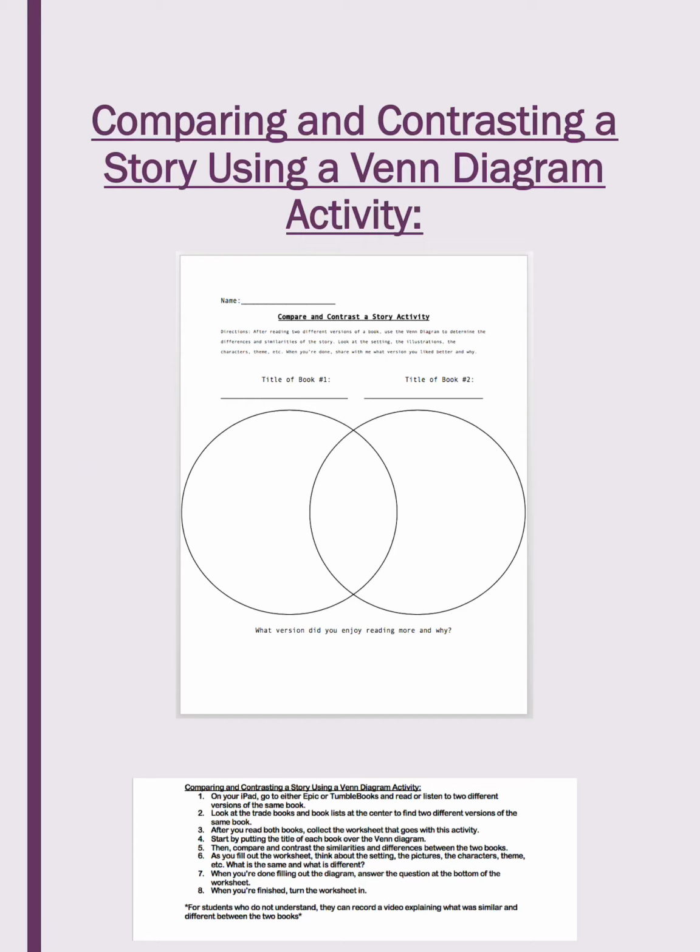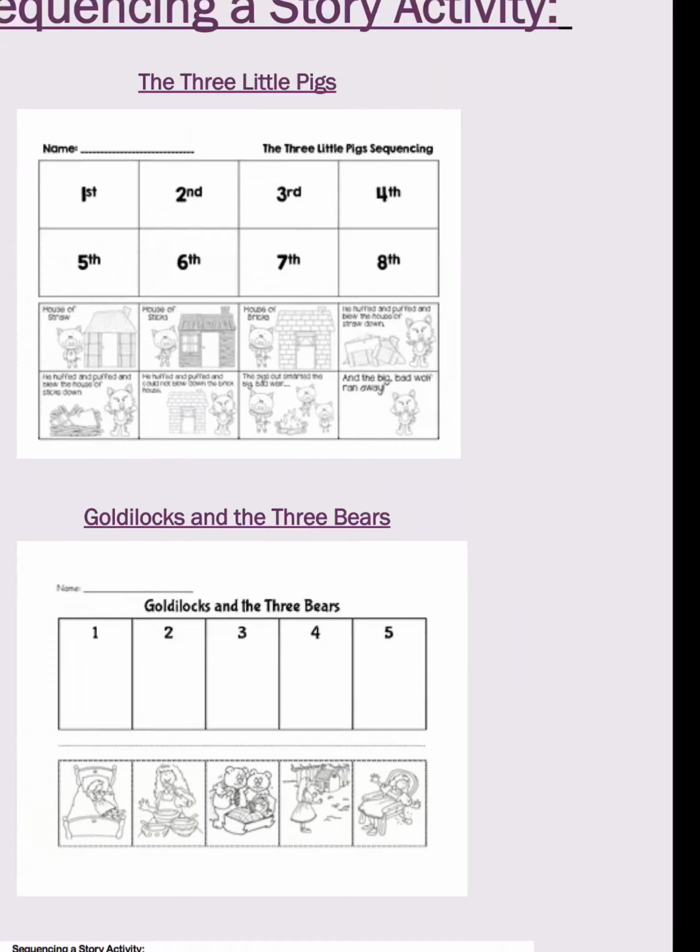Once students turn in their worksheet, I will be able to determine if they are able to pick out the key details and differentiate between the two stories. Practicing these components expands from this activity because being able to compare and contrast different things is very important. And with so many books having different versions, it's important that students are able to differentiate between books. Not only that, but this activity helps students further their comprehension development that will help them with other class activities and lessons. The last activity